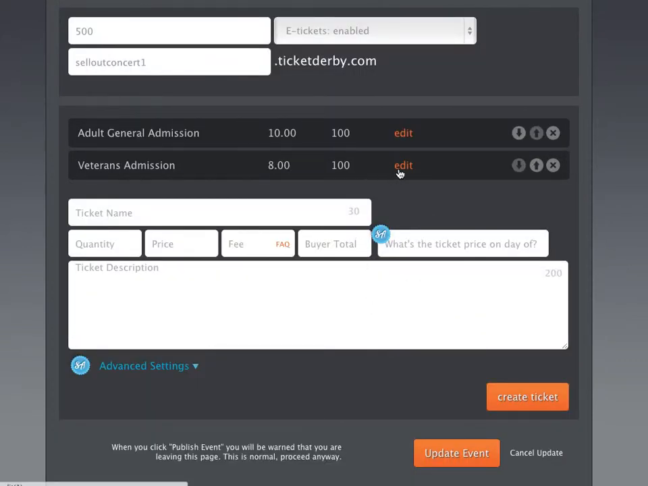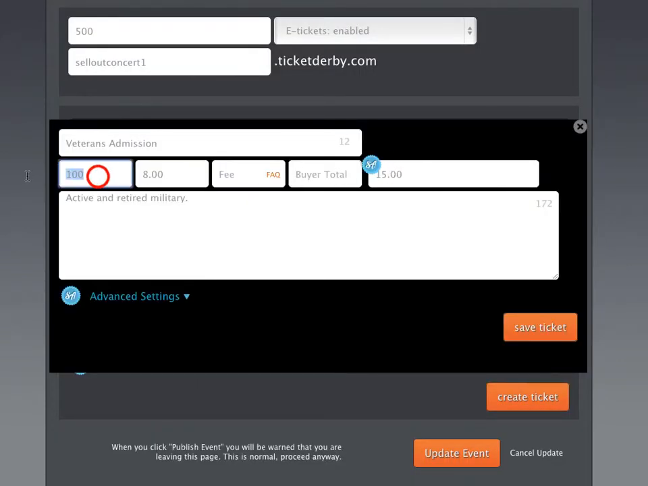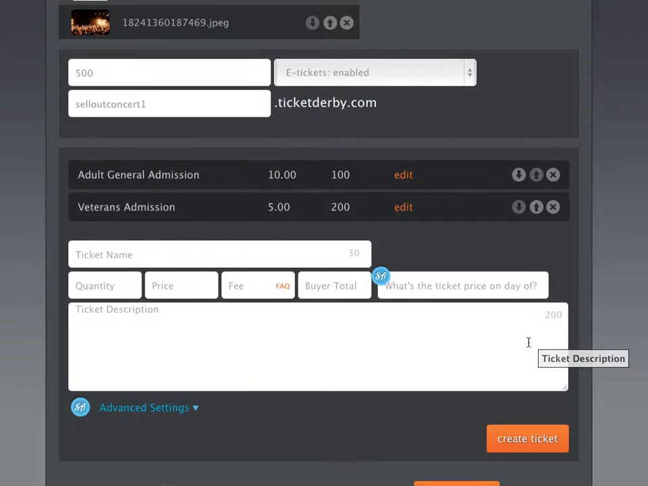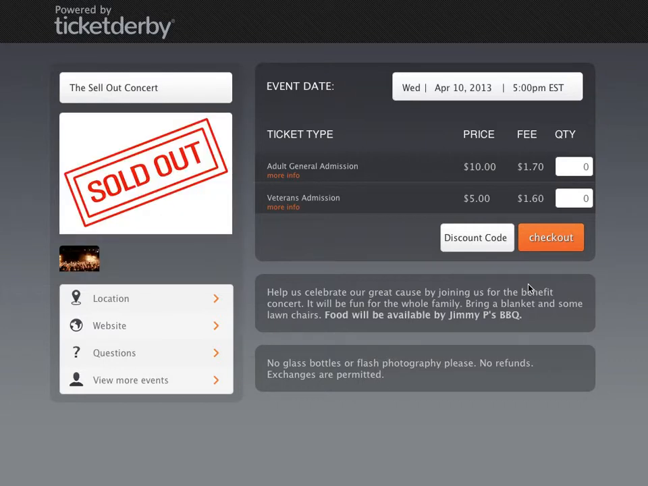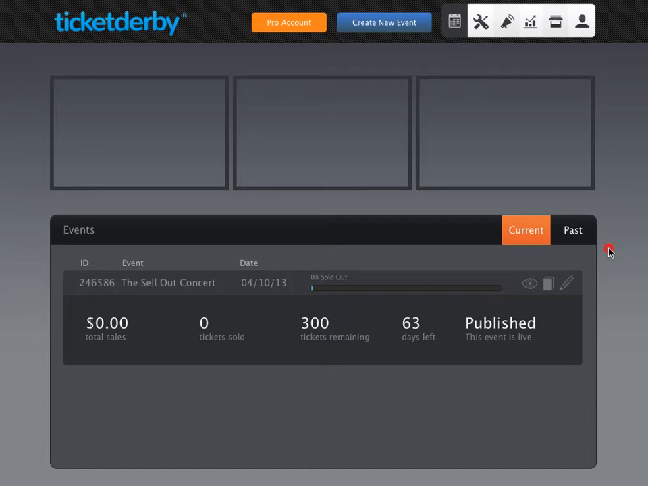You know what? I decided for my veterans tickets, I actually want to sell 200. I don't want the price to be $5. Not a problem. Save ticket, update event. Let's take one more look at our event. And those changes were made. Perfect. Now there's one last thing we can do here in this Manage Events section